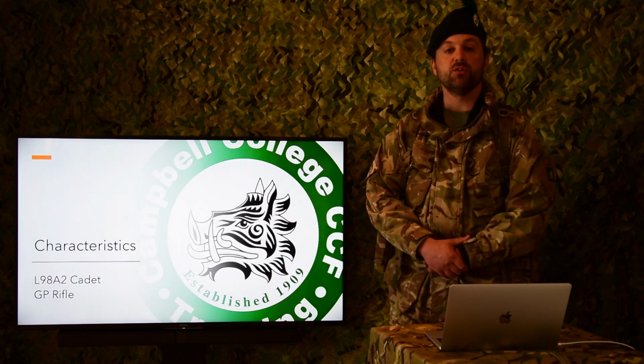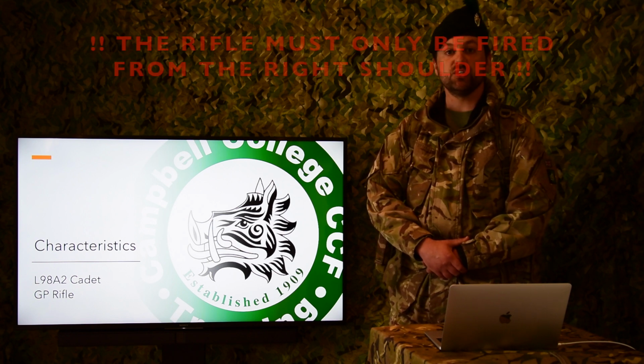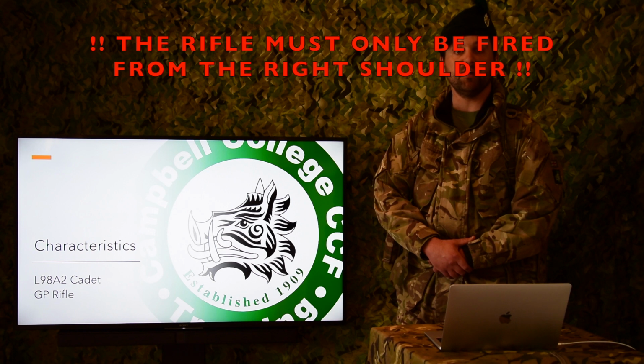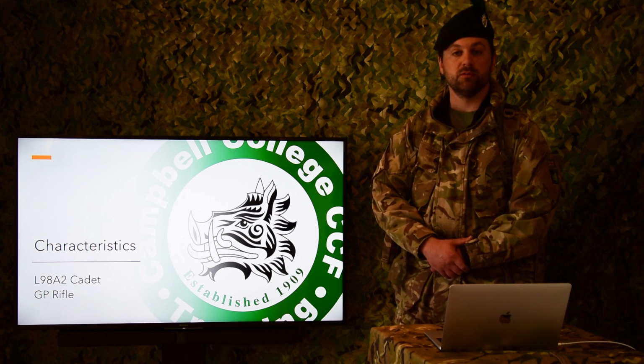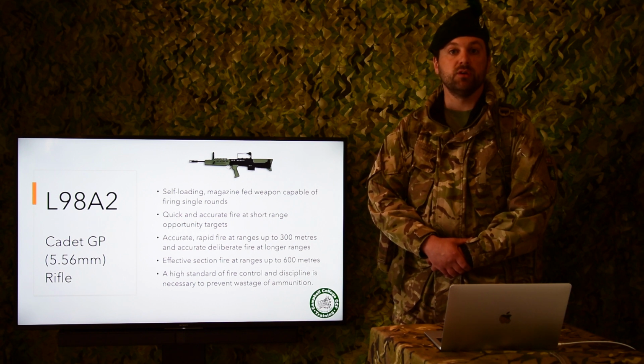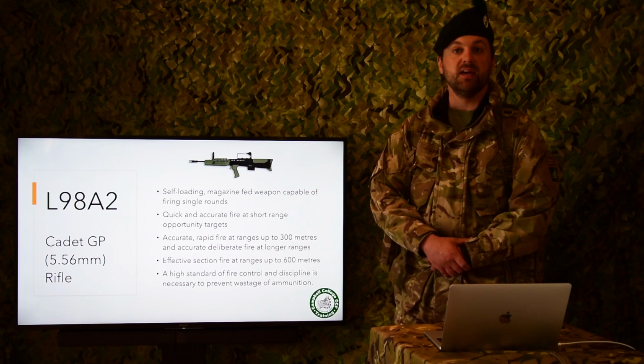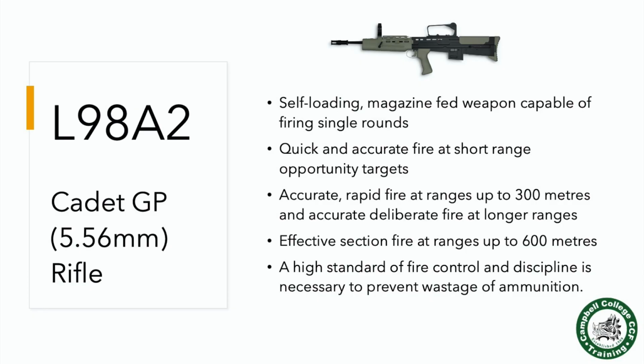Moving on to the characteristics. At this stage, I have to say that the rifle can only be fired from the right shoulder. The L98A2 Cadet GP 5.56mm rifle is a self-loading, magazine-fed weapon which is capable of firing single rounds, producing quick